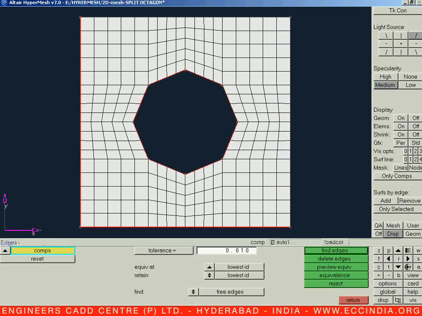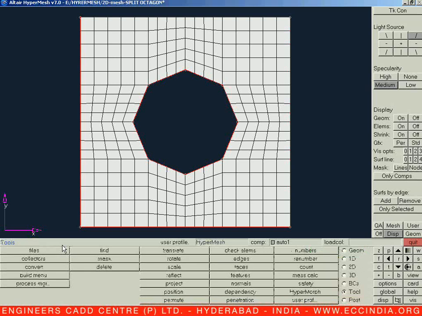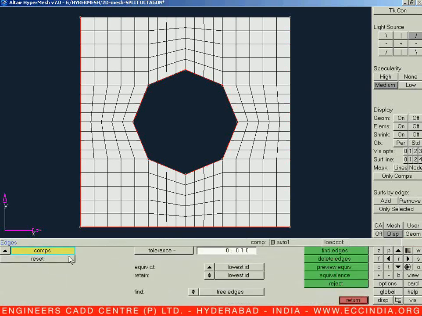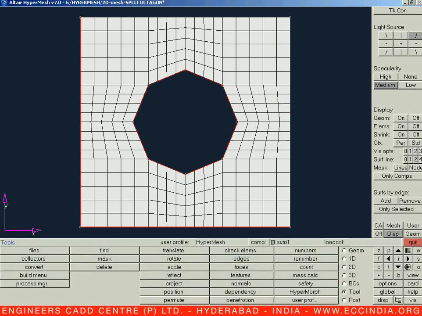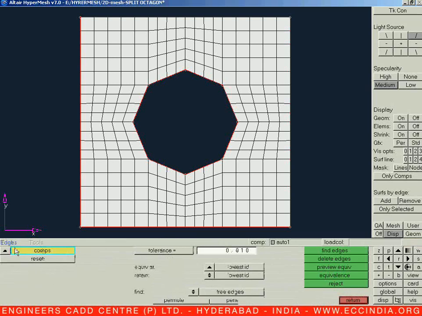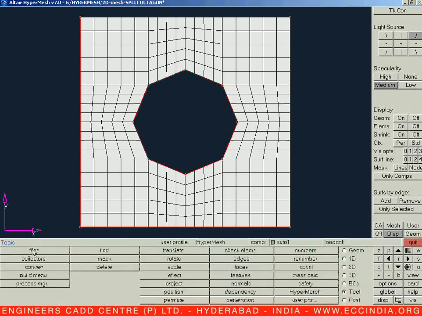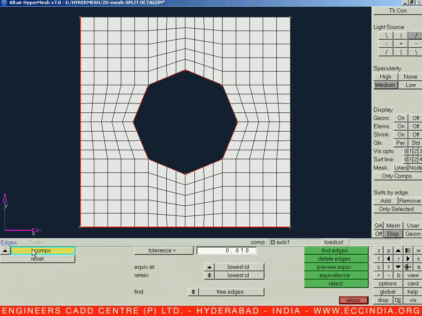Now again let us click on that one and again say preview equivalence. So no nodes need equivalence. That means we are not supposed to bother about connectivity problems. So in this way we are supposed to go for the meshing, and at the last we must cross check our equivalence with the help of tools page edges. This is the way we can do that. Otherwise, the option for edges is Shift F3. We will be entering the same command known as edges. So the shortcut for edges will be Shift F3.